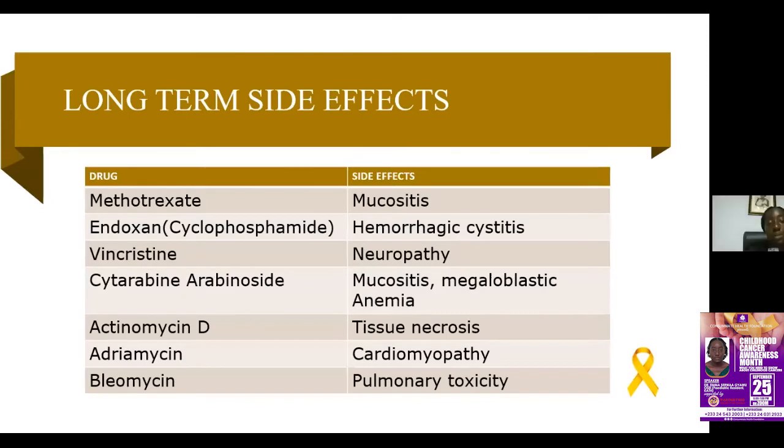The long-term effects are usually associated with some specific cytotoxic agents. So we'll just look at a few in this table, where you can have neuropathy with vincristine. Methotrexate would cause mucositis. For cyclophosphamide, you can have hemorrhagic cystitis, where they present with lower abdominal pain and hematuria. For adriamycin, or what we commonly call doxorubicin, it